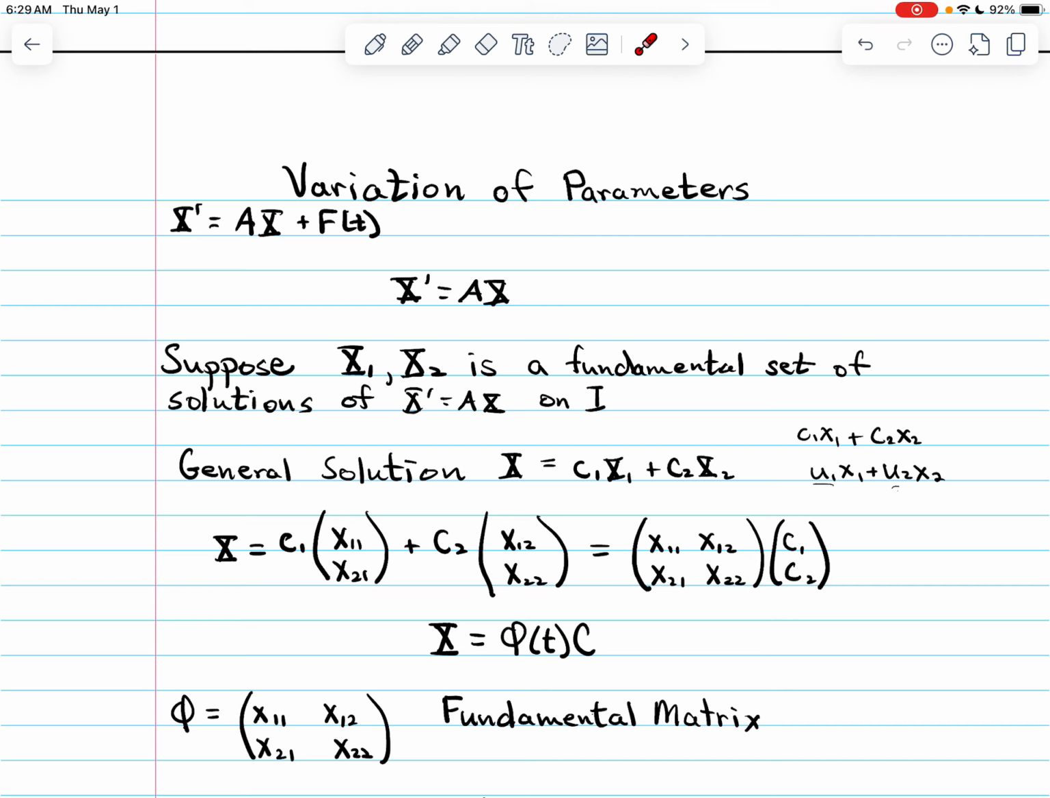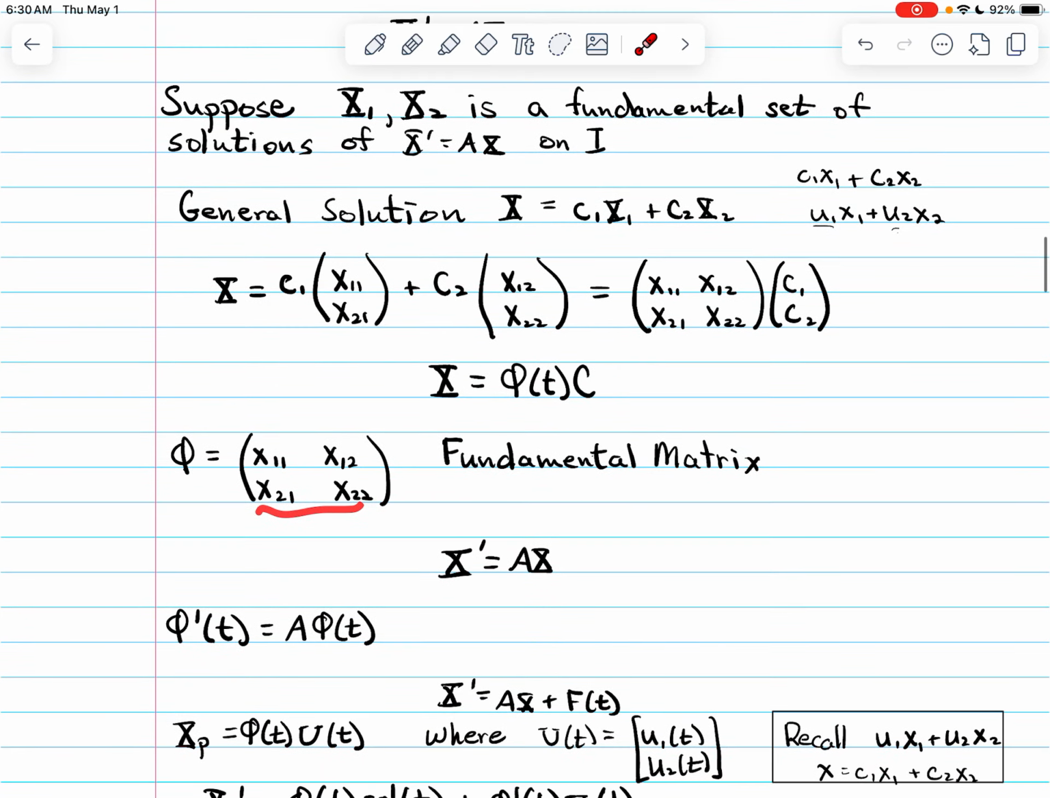So what we have is this x equals what I'm going to call phi of t, this right here, times this. Okay, so this is what I have. And I have phi as x1, this matrix right here. And I'm going to call that, it's not just me calling it that, it's generally called the fundamental matrix. Okay, so let's take this fundamental matrix,